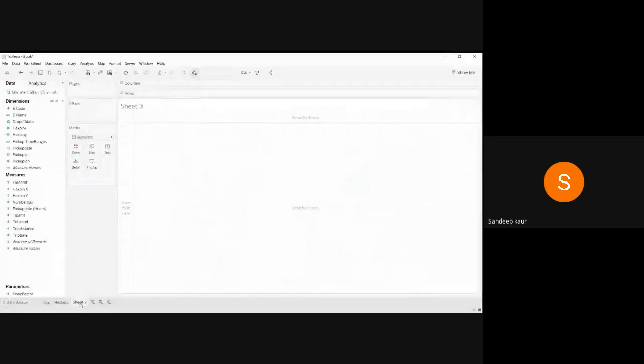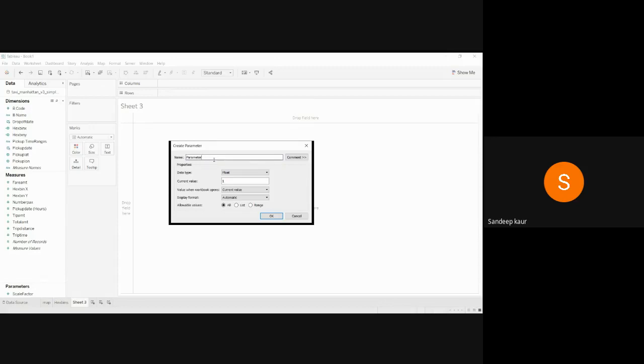Okay, so here I've created a new sheet. Firstly, we need a parameter, and that parameter we have to use in the calculated field. So let's create a parameter. This time, this is the scale factor, but I'm going to name it hexbin sizing. Here I'm going to select integer,